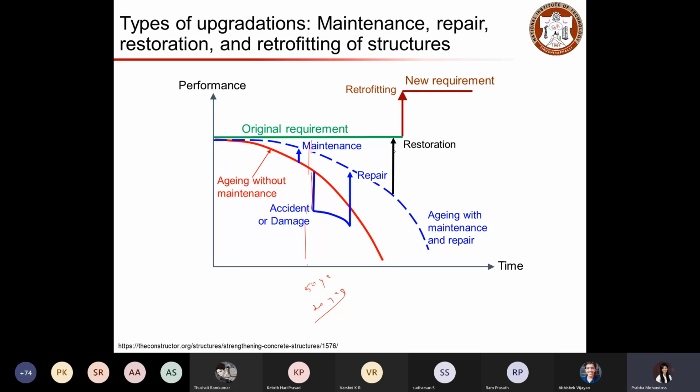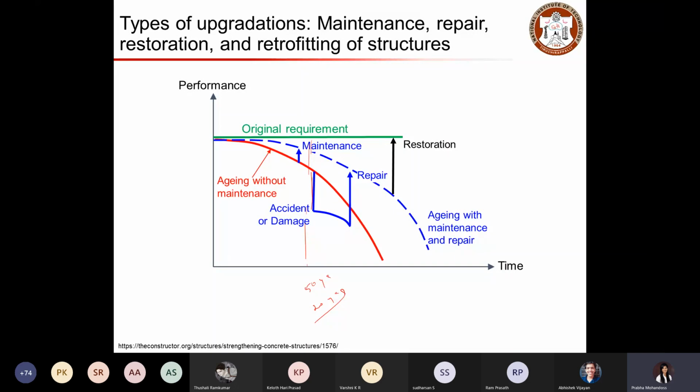Again, for example, the bridges that we use, which I have mentioned in the previous class also. Many of the bridges that we have were constructed some 50 years back or 20 years back. The demand or the requirement for bridge construction during that time was different from what we have today. Today we have increased traffic volume and the demand has also increased.